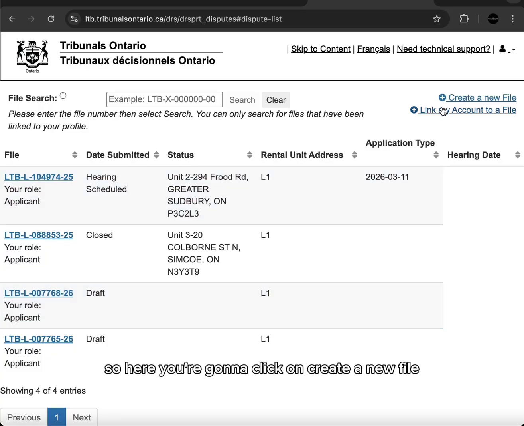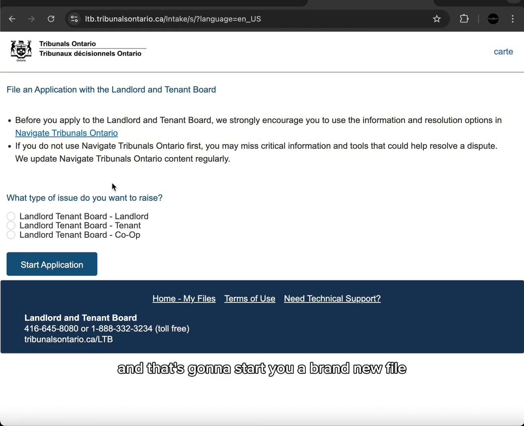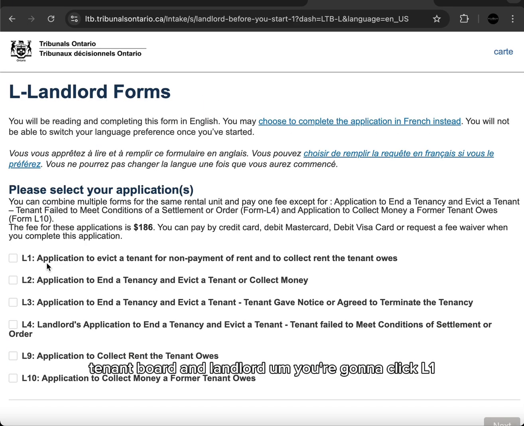So here you're going to click on create a new file, and that's going to start you a brand new file. You are the landlord, so you're going to do landlord, tenant board, and landlord. You're going to click L1,